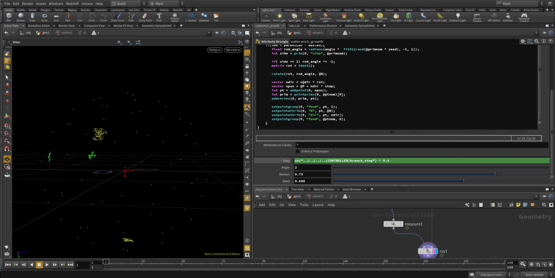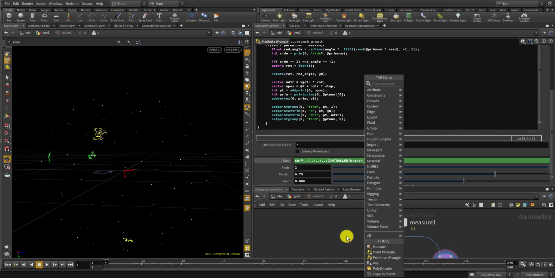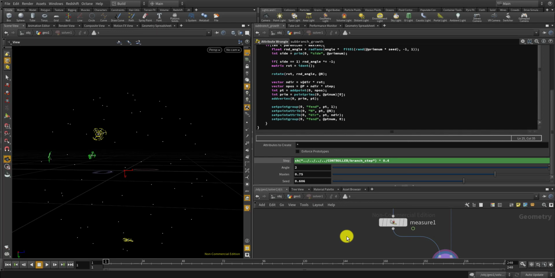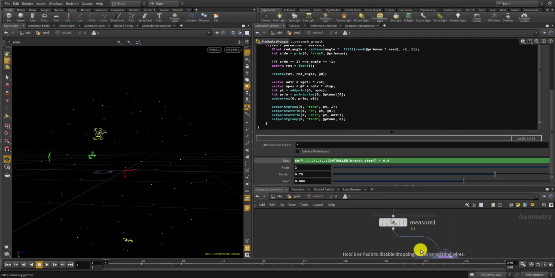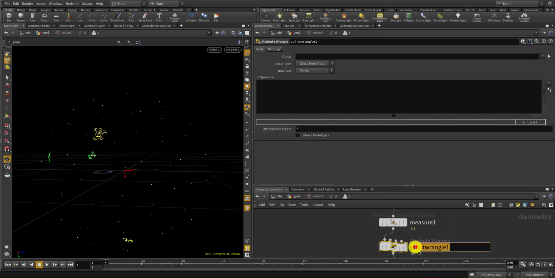And finally, since this is just a curve right now, I also wanted to make it as a 3D geometry, using poly wires. So in order to use that, I have to set some p-scale for the scale on each point. So I'm going to make a point wrangle after the measures and name this p-scale, and apply